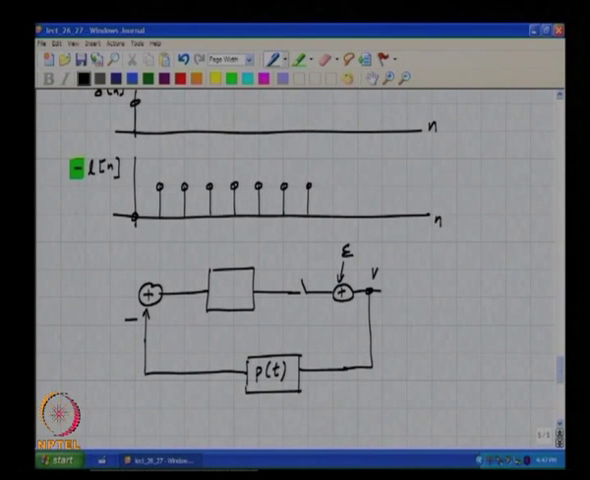Is this clear? Now, how would we break the loop? We break the loop around, we finally want the transfer function from E to V to be 1 minus Z inverse. Please note that E is a sample sequence, V is also a sample sequence. So, we do not really care what happens in the middle, but if we break the loop here,